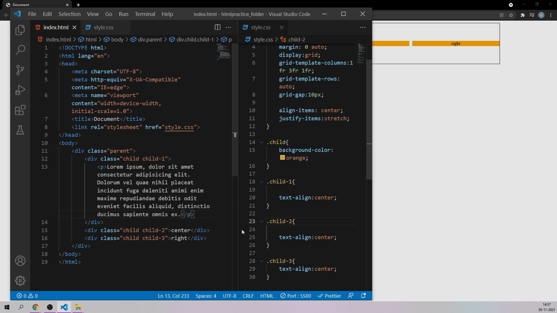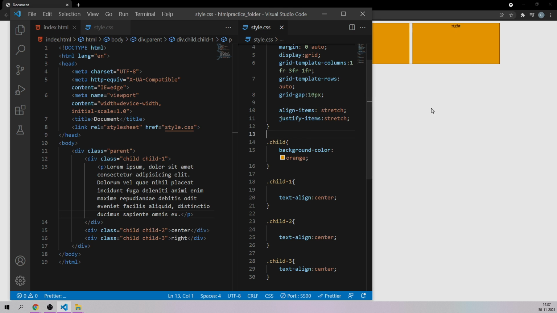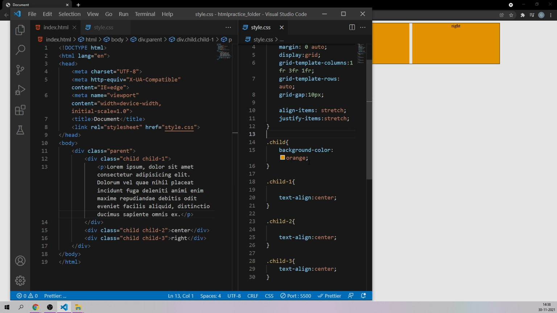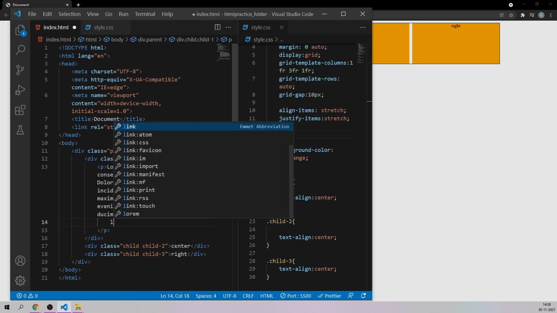In order to rectify this, it should not depend upon the content size of each individual child element. So what you can do is, just like justify items which you have made stretch, you can also say align items. Instead of saying center, you can also have the stretch property. Let me save this one, and as you can see, no matter the height of any one child element, right now I'll just increase the size of this paragraph.